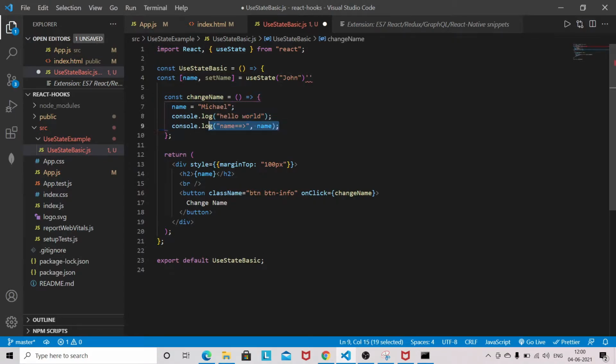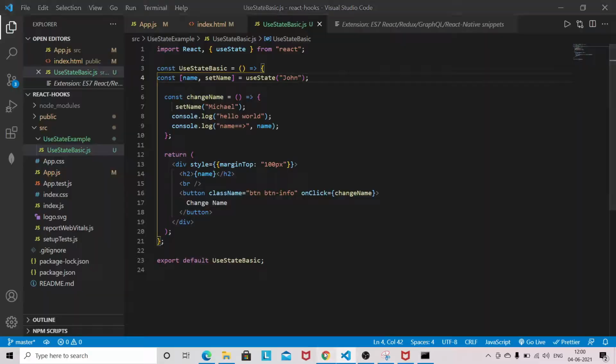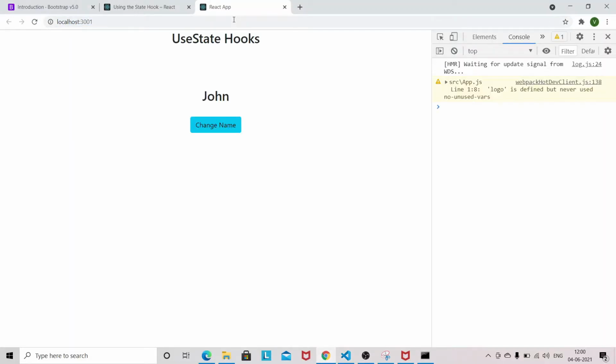We can remove this one or leave it as it is, and here what I can do is setName Michael. Now let's see the behavior. We have John, and after clicking you can see the name has changed.